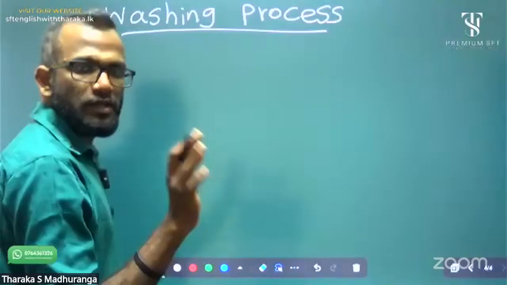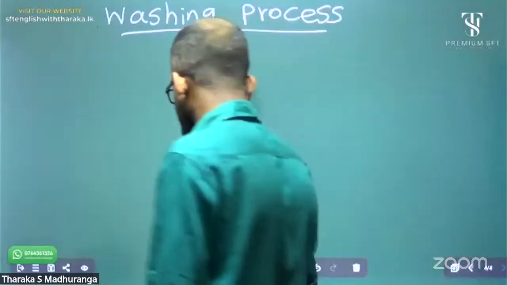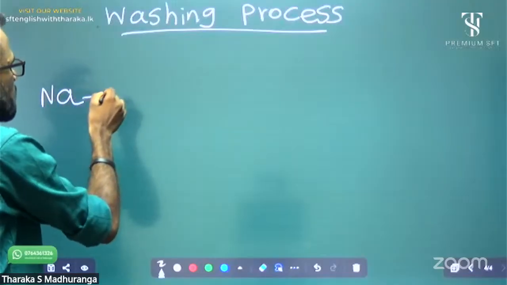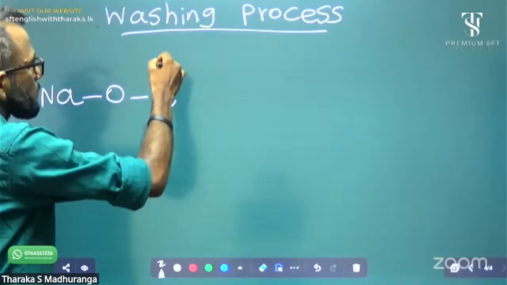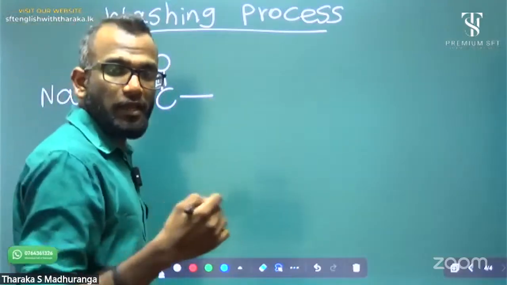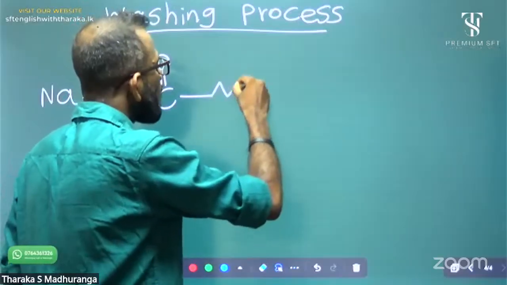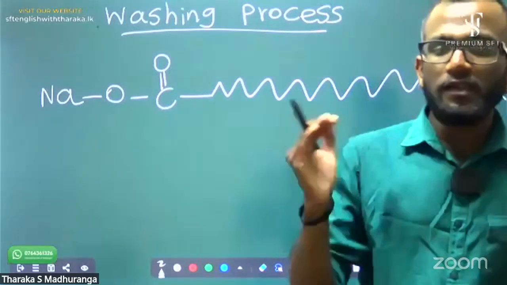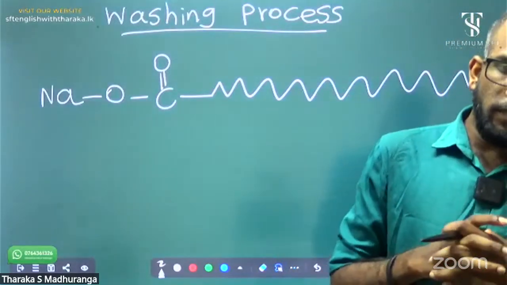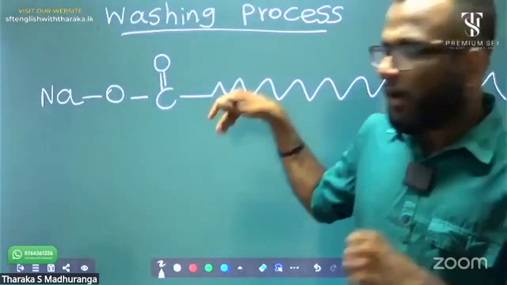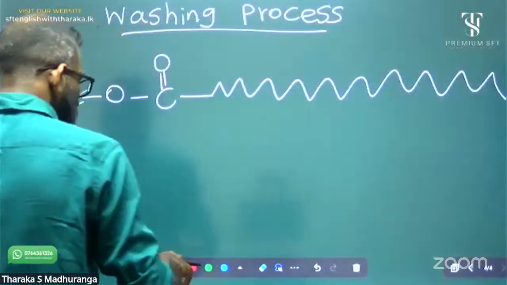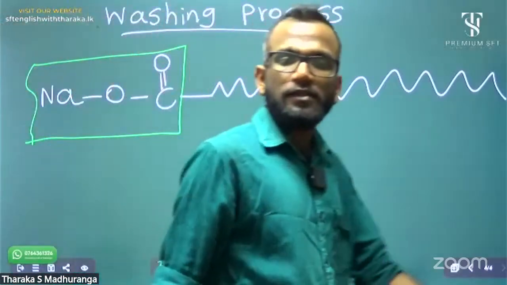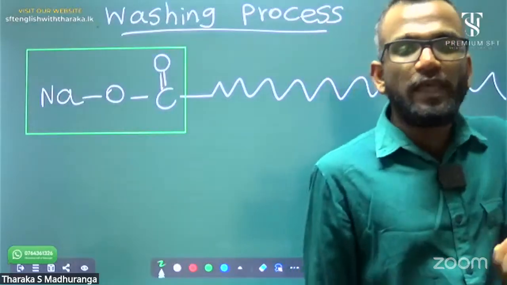This is actually the shape of the soap. It contains sodium, oxygen, and an R carbon chain. R is a long carbon chain that we call a hydrocarbon chain. It's just like this. Okay, this is a soap molecule. What is this? R carbon chain. Therefore, this soap molecule, sodium stearate molecule, contains a head